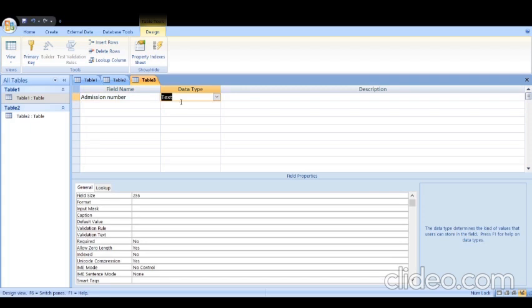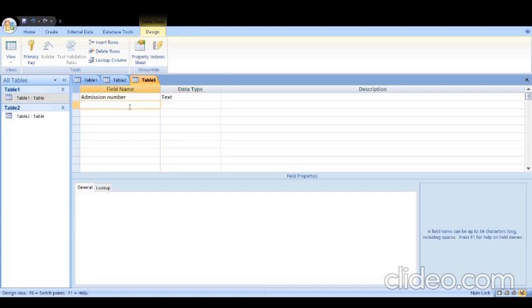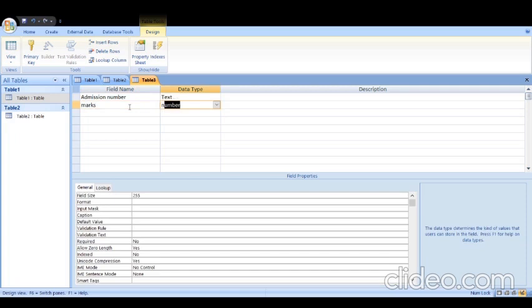In number data type, your storage requirement is 2 GB and your data range is from -32768 to 32767. So next I can take marks as a number. Clear?